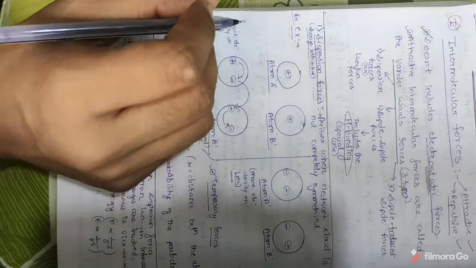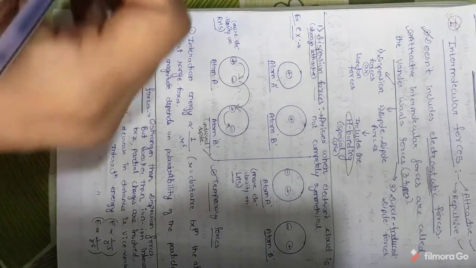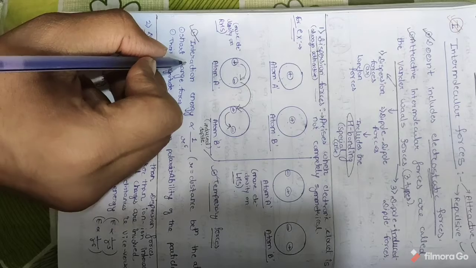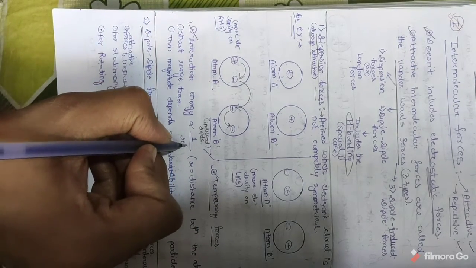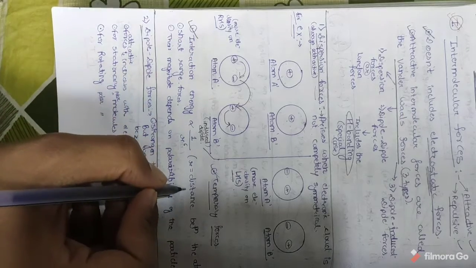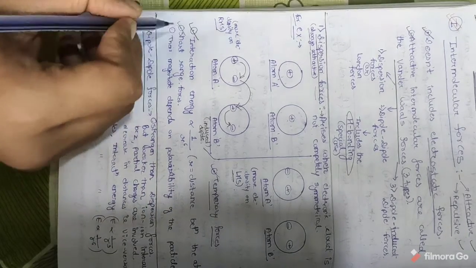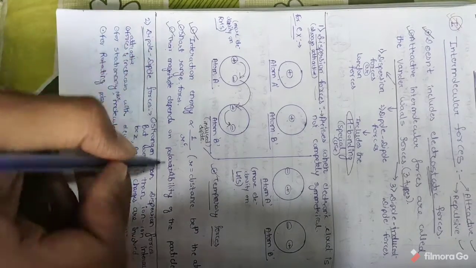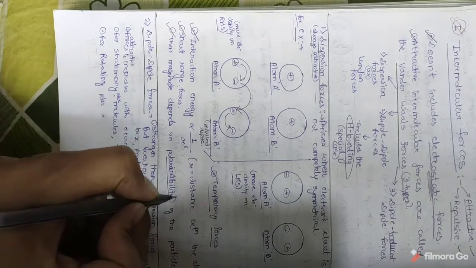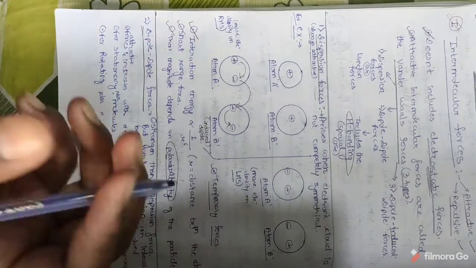This type of dispersion force is always attractive, and it is a temporary force, that means it is not permanent. After some time the atoms will get back to their original positions. Here the interaction energy is directly proportional to 1 by r raised to 6. What is r here? r is the distance between the atoms. This is a short range force, very important. And the third point is that their magnitude depends upon the polarizability of the particle, a very important concept. This can be asked in MCQs.